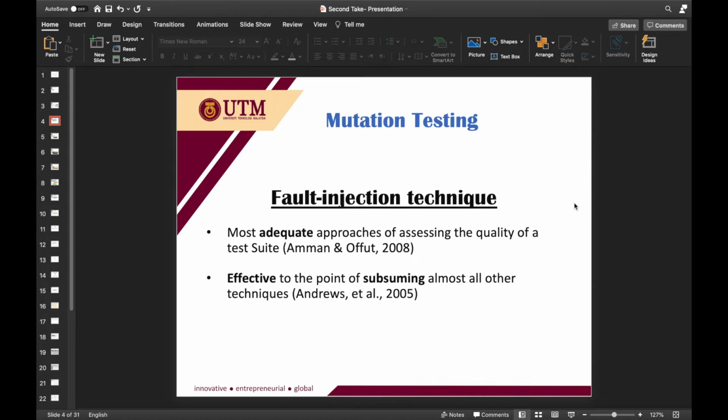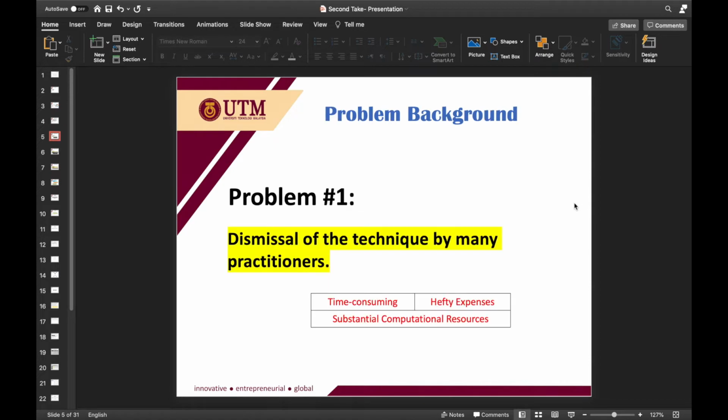However, despite its effectiveness, some problems still lay within the technique that shall be addressed. The first problem is the dismissal of the mutation testing technique by many practitioners despite its effectiveness, because the technique is very time consuming and there are some hefty expenses associated with the procedure. Not only that, but the technique also requires substantial computational resources that call for large storage space, and that is why, to save time and effort and resources, we should use an automated mutation testing tool that is fast and